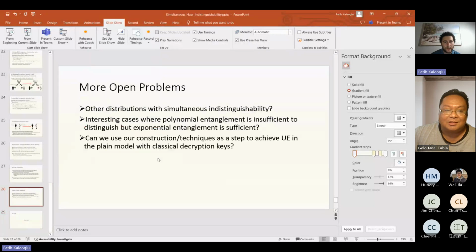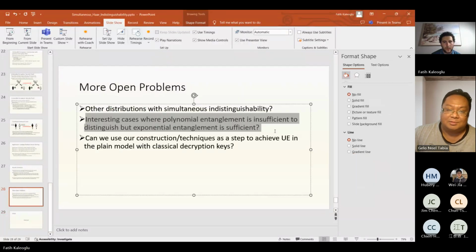Right. Actually, I was curious about the second open problem that you mentioned. Do you have some idea of how to find these kinds of cases where you have this polynomial and exponential separation for the amount of entanglement? Right. So actually,